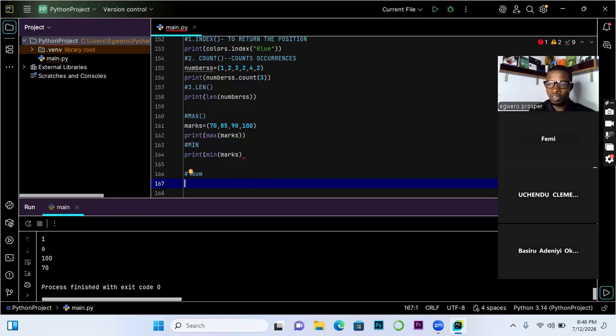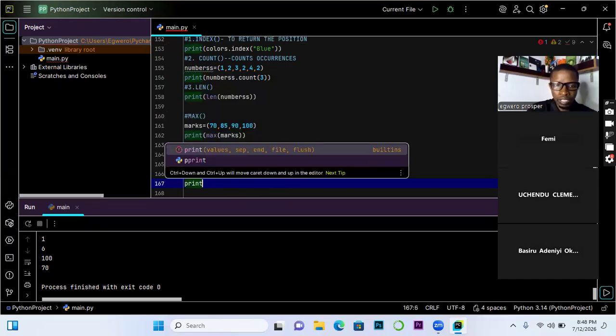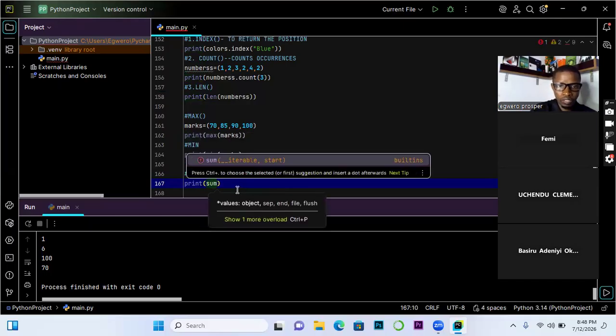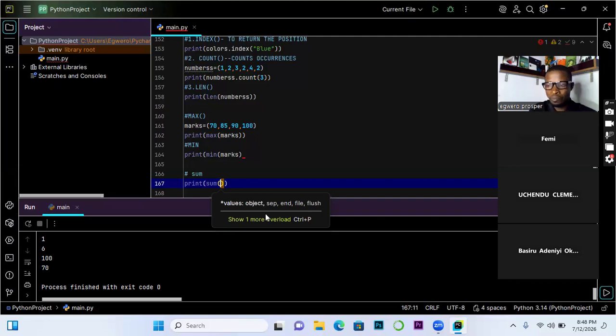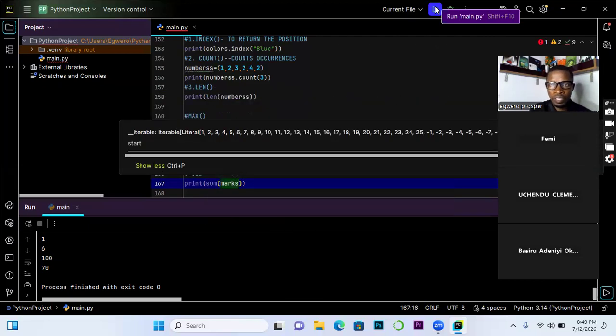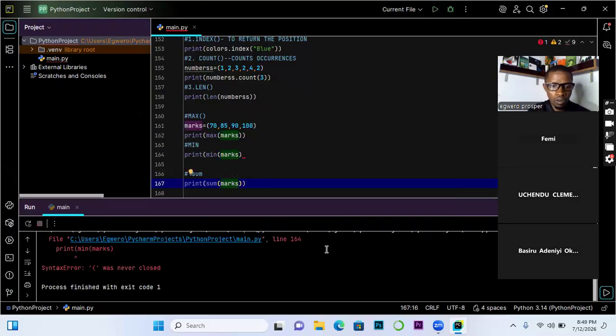All right. So now let's say we want to sum. Let's look at sum. We have those values in max. Let's say I want to add all the values 70, 85, 90, 100. I want to sum them together and print the result. So I'll wrap all that in my print function, and then bring in the sum function as well. Then the particular tuple you want to sum up goes in. And if you run it, we are getting what?